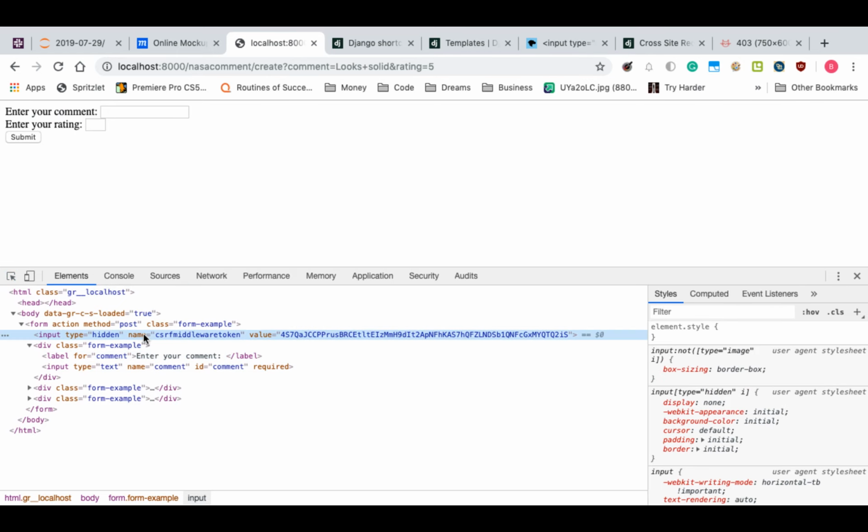Right here. So this is what that does. It basically creates a hidden field that has a token in it that Django knows to look for. So Django generates that token when it submits it. It keeps track of it for you, right? And then when it's submitted, it goes, hey, that was that form I rendered earlier, so I know that that's